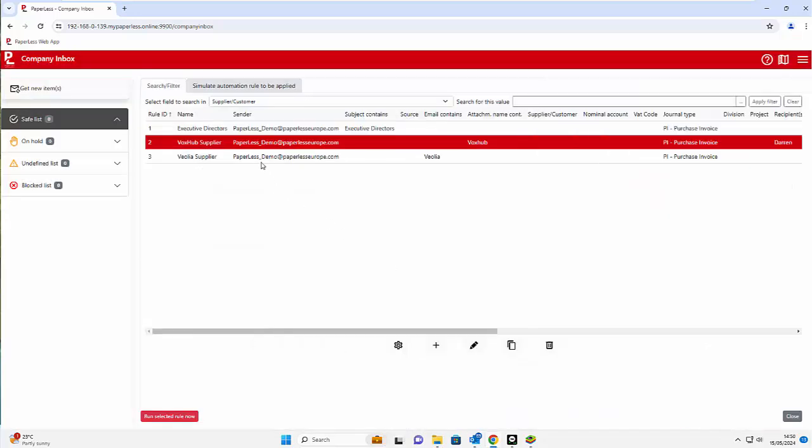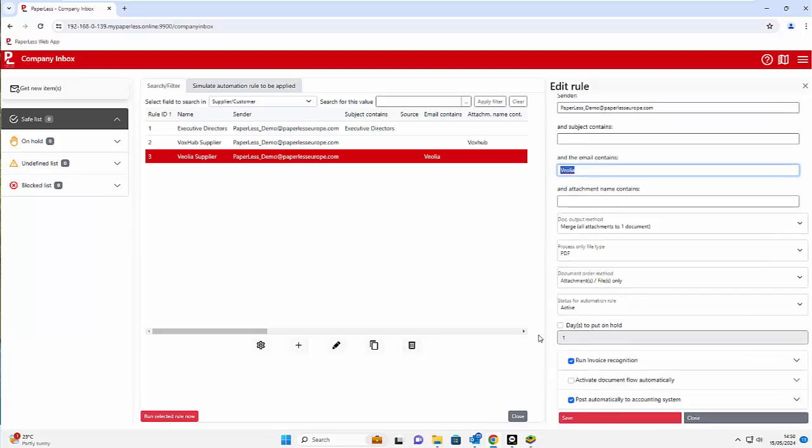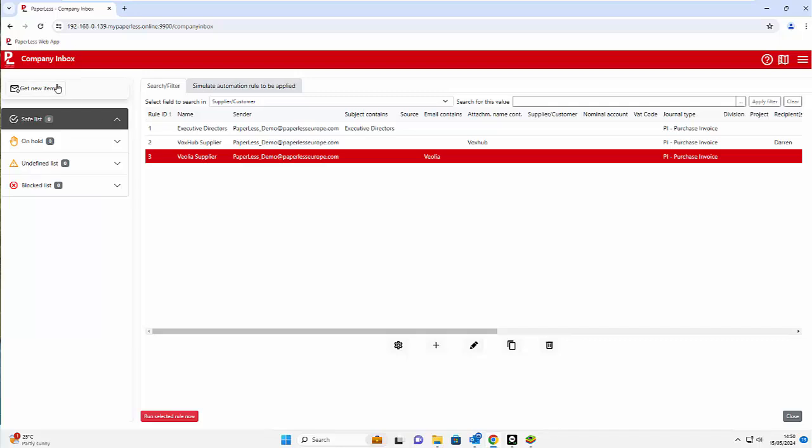Finally, we have what is called full invoice processing automation, where the accounts team set up an automation rule to bring the invoices into Paperless, capture the invoice data, and automatically post the transaction into Sage, with the safeguard to only do that in case Paperless finds a PO number. This means that from the moment the supplier sends the invoice until it gets posted to Sage, if the invoice has a purchase order number and if the amounts match, the accounts team will not have to even look at